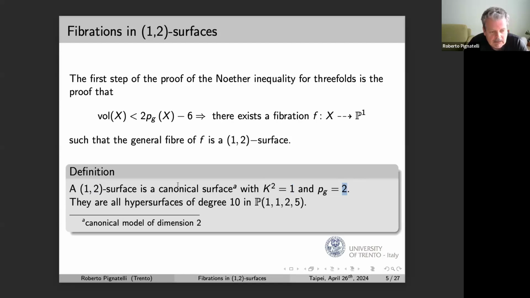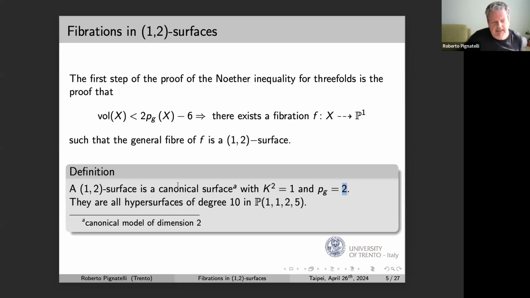So since the whole game is about volumes and genus, a 1-2 surface is just a surface with volume 1 and genus 2. If I want the surface to be the canonical model of a surface with volume 1 and genus 2, these surfaces are very well studied already from Kodaira or Horikawa. They are the first famous exception that Bombieri had to use in his famous theorem on the birationality of the n-canonical maps. But the classification of these surfaces is surprisingly easy and well known for decades,